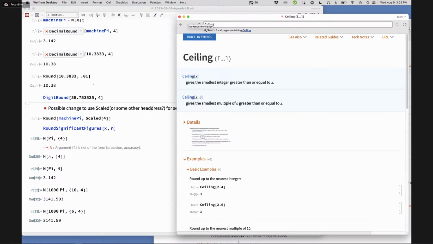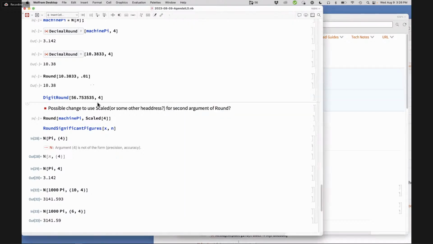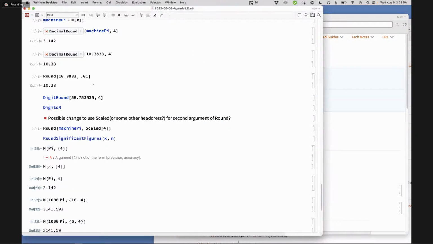I think digit round is somewhat useful. I think the other reason not to stick this in round is that round has function expand rules and differentiation rules, because you can make sense of those. I'm convinced you guys were right. Don't put it in round. I might just suggest digits round. So you're rounding to some number of digits. It's not crazy.